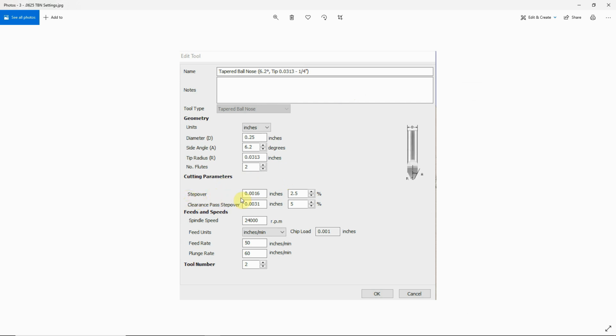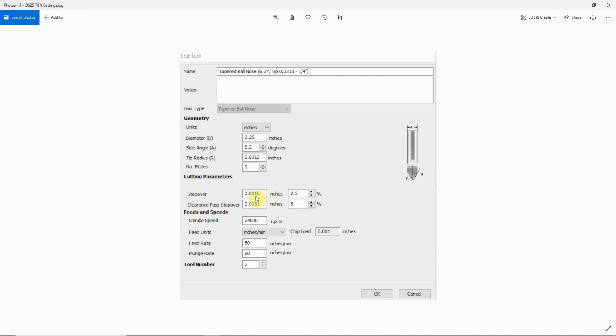He had his Stepover set to 2.5% of the bit's cutting diameter, which is down here. In this case, this is a 1/16 of an inch ball nose. His Stepover was going 2.5% of that 1/16 of an inch, which worked out to be a little over 1.5